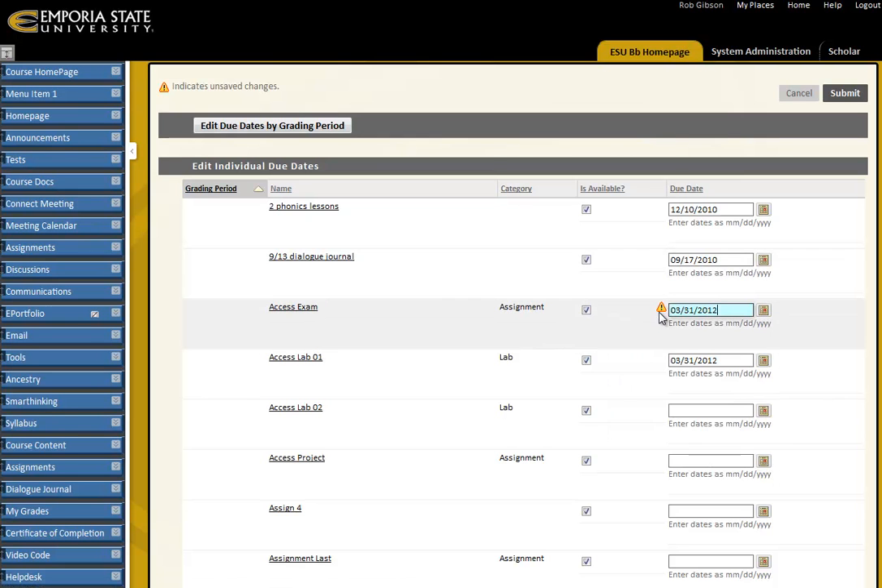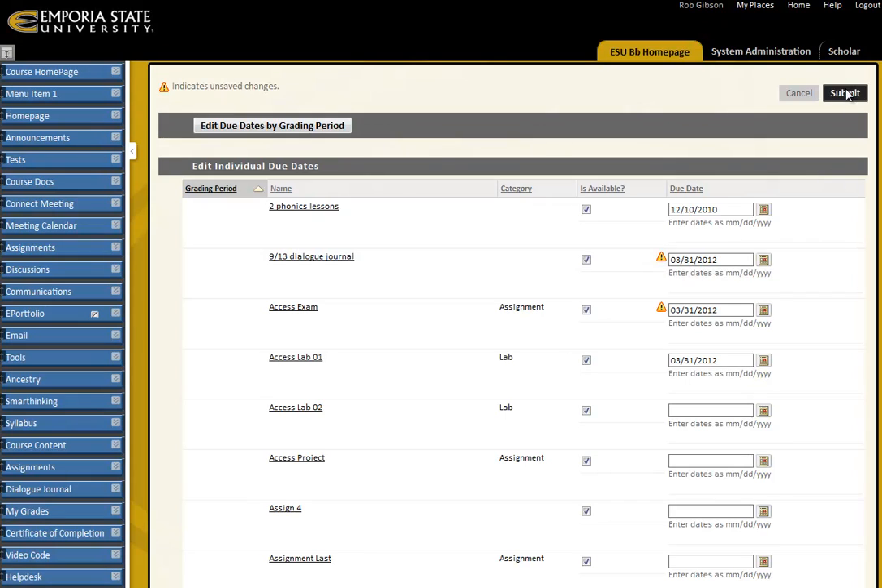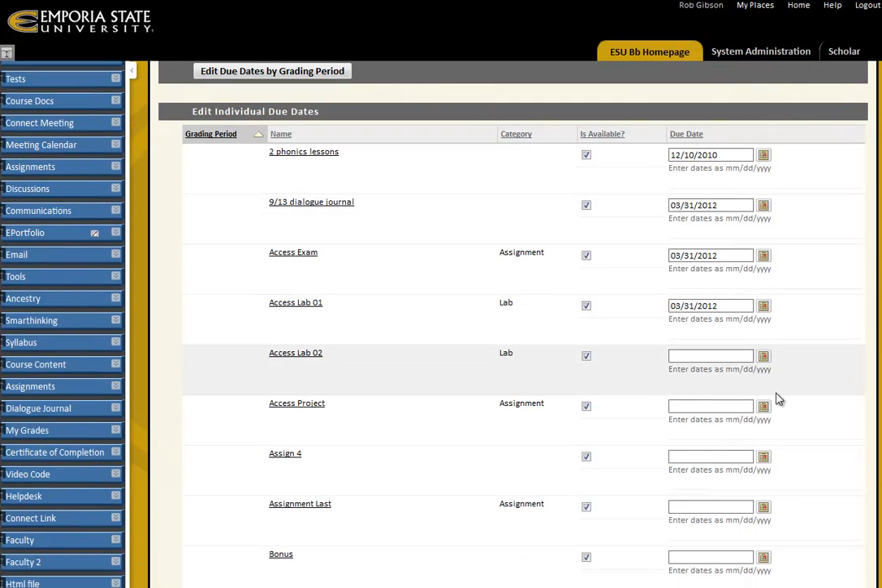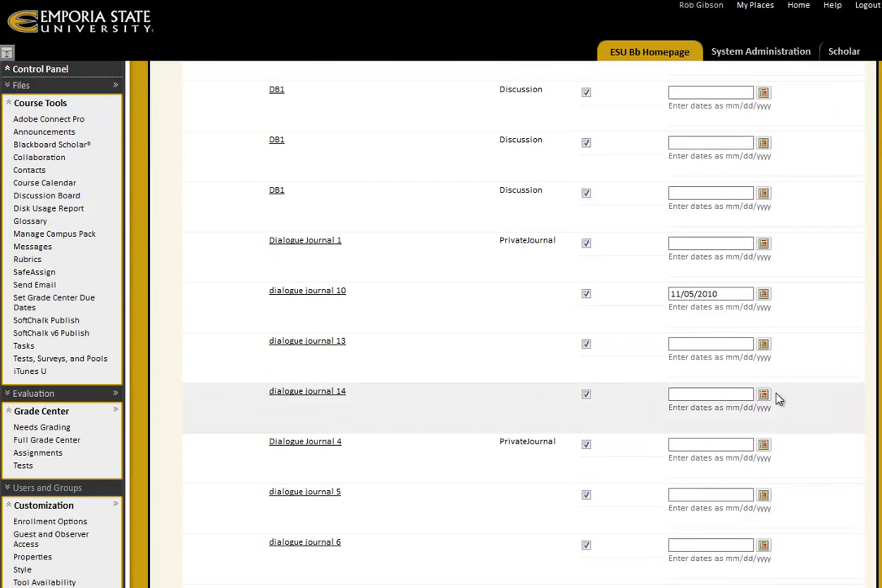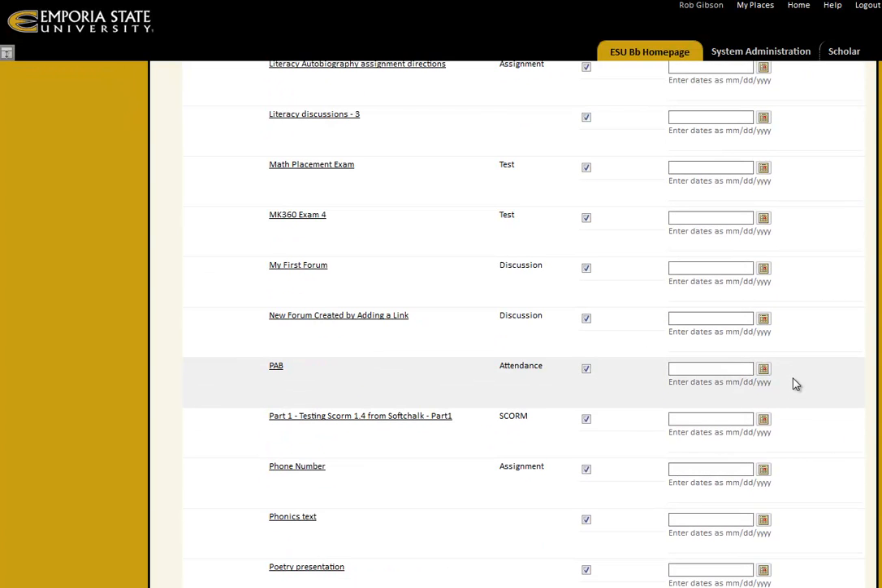Now the little triangle just basically indicates it's not been saved yet. So we'll go ahead and just make this March 31st, just sort of give you a demonstration of how this works real quick. And then when you're done, you can click Submit, and that instantly updates the due date for all of those events. So on one screen, and in particular, one of the nice ones is the fact that it also recognizes